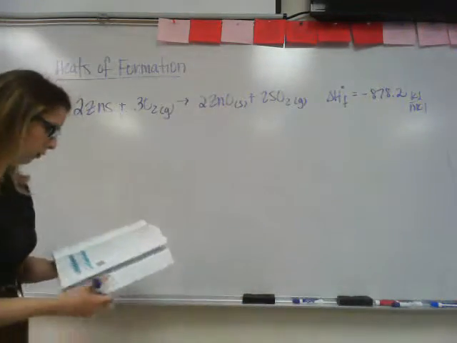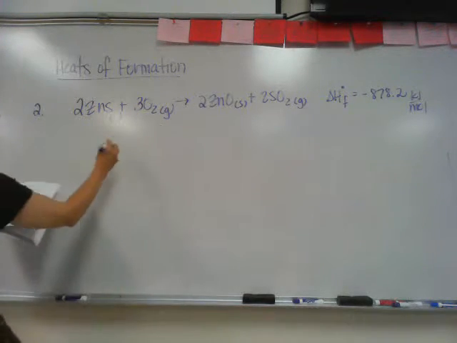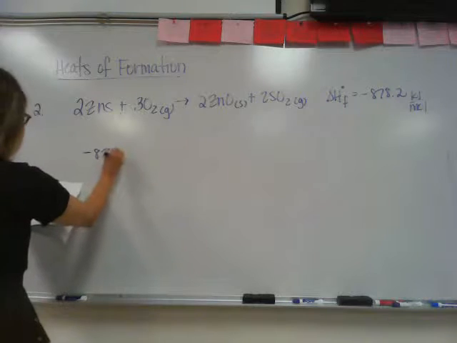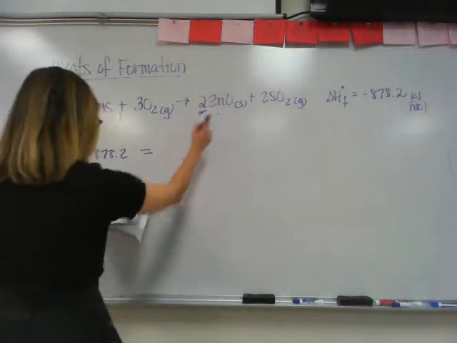Okay, so they've given you the overall heat of formation, so that means your negative 878.2 equals 2 times ZnO,